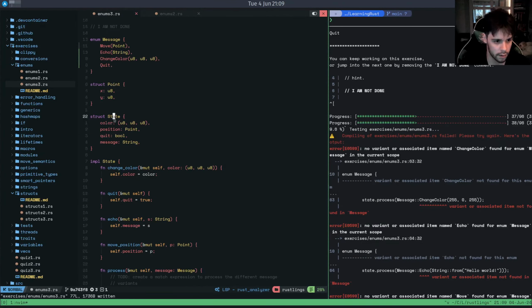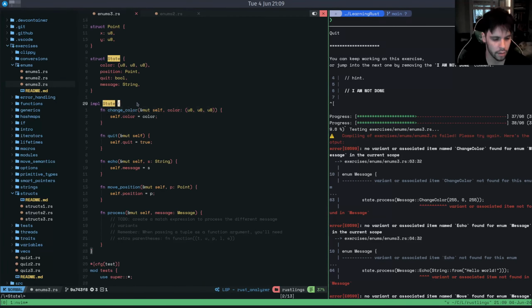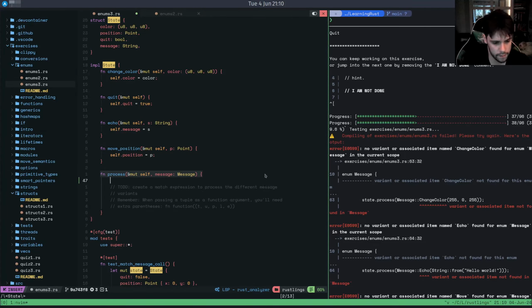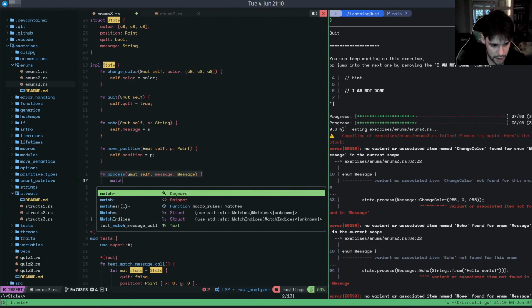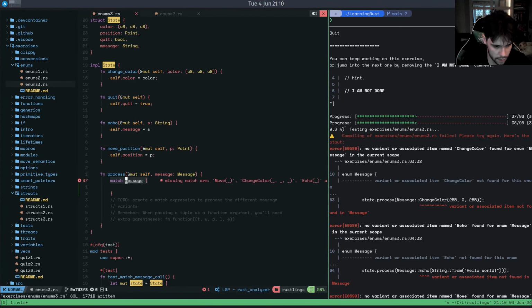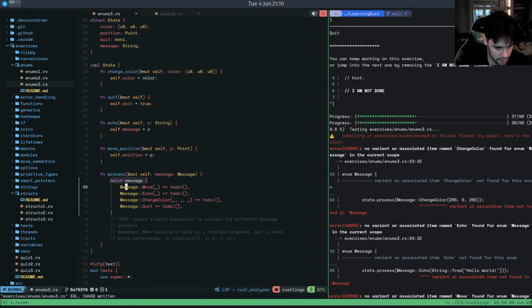So state, oh yeah, implement the change color, process, create a match expression to process different messages. So if we go match message, we can tell Rust LSP to do this for us, which is really nice. And it wants